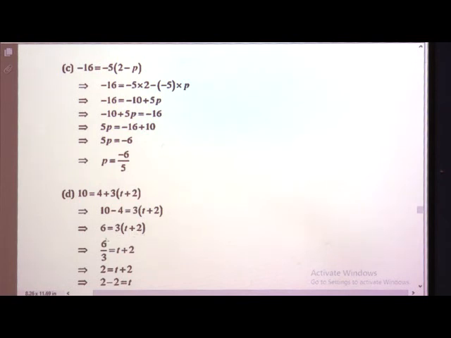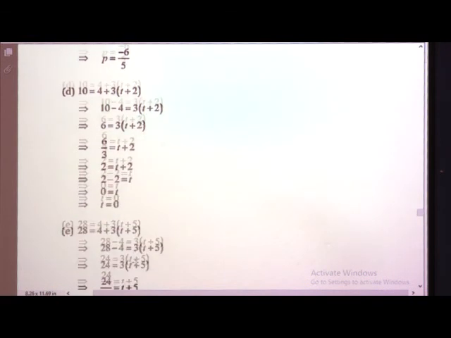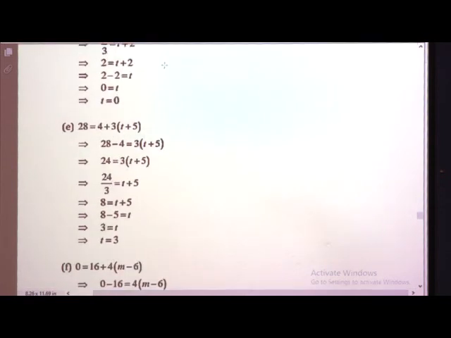Here it is multiplication, you can change the whole bracket, RHS to LHS and LHS to RHS. Here 6 upon 3 is equal to t plus 2. If it is possible to reduce the fraction, you have to get it to the lowest form. So it is 2 is equal to t plus 2. So 2 minus 2 is equal to t. What is the value? 2 minus 2 is 0. So 0 is equal to t, or t is equal to 0, both you can write, you can change LHS and RHS vice versa.